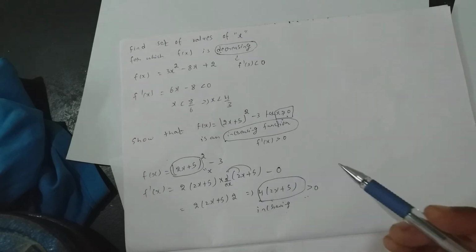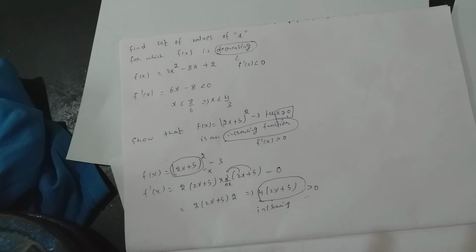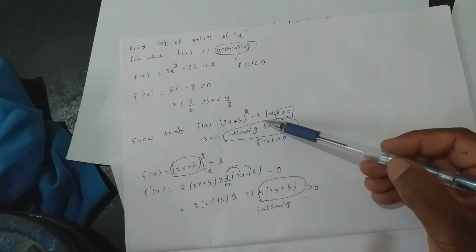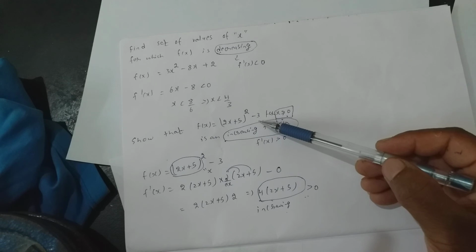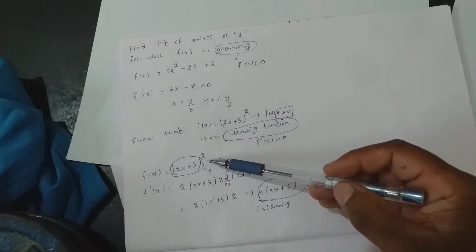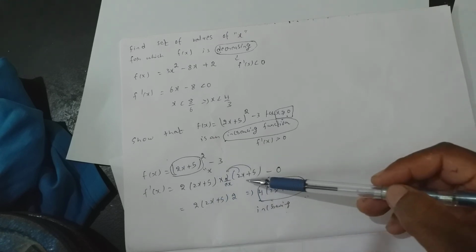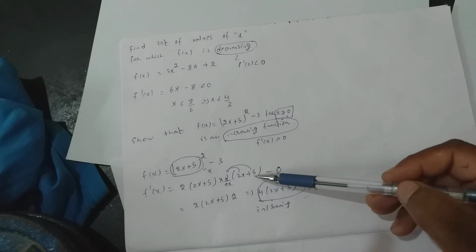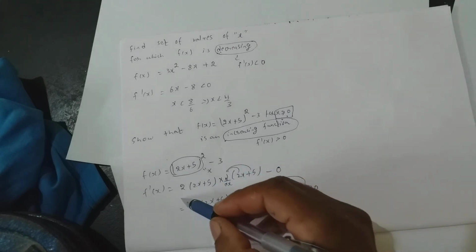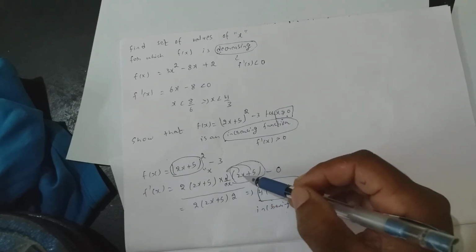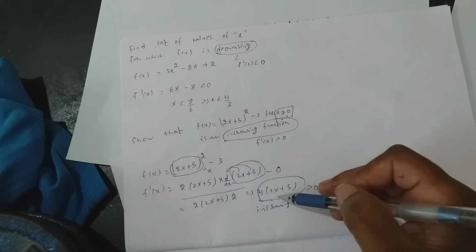Am I clear with all these sums, increasing and decreasing sums? Or any doubt? Look at this. It is f of x equal to 2x square plus 5 whole square minus 3. Directly I cannot differentiate it. So I am assuming this to be x. So x square differentiation is 2x. So 2 into 2x plus 3 into d by dx of, in place of x, whatever you consider, that needs to be written. Remember this. If you miss this, it will be considered wrong. So apply to each into 2, that's all.